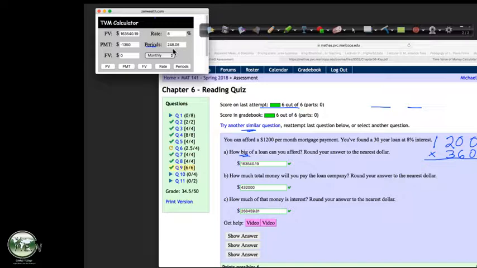And this will probably be the last one we do because we're running out of time. What I want to show you is what that extra $150 a month payment did. So now we paid